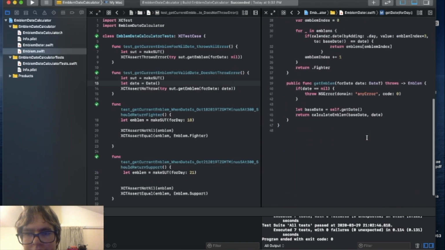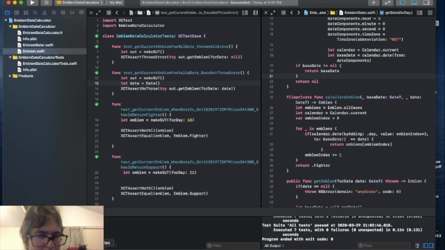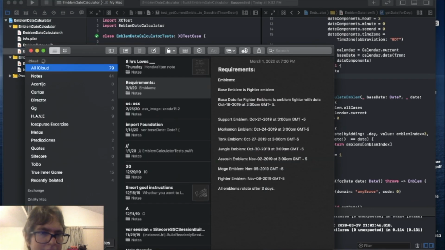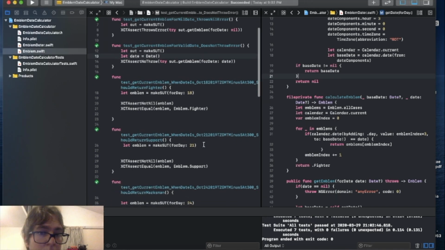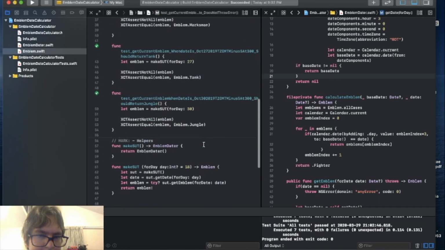Okay, so that's great. Now let's see. I had here on my notes, the next requirement is an assassin emblem, you see? And the assassin emblem is November 2nd, 2019 and 3 a.m., okay? So now what I have to do, okay,